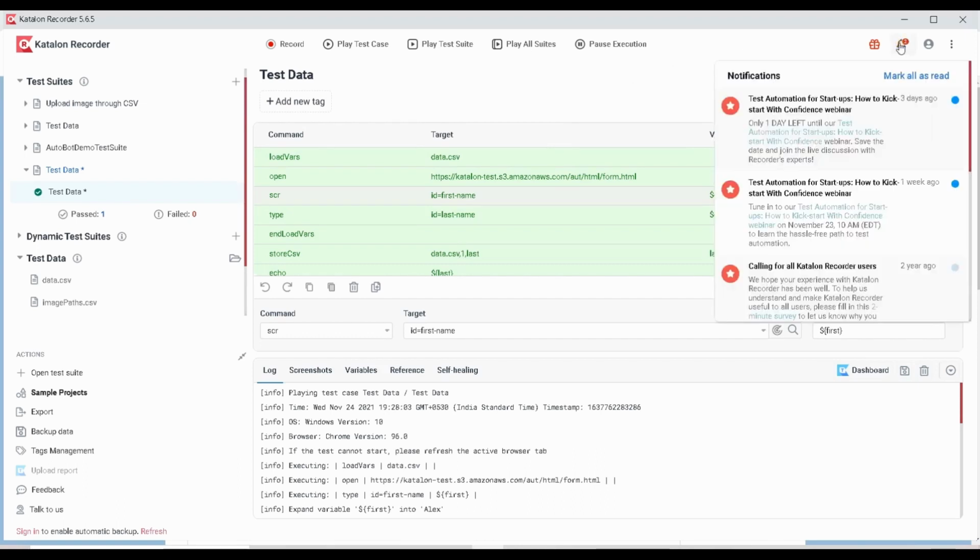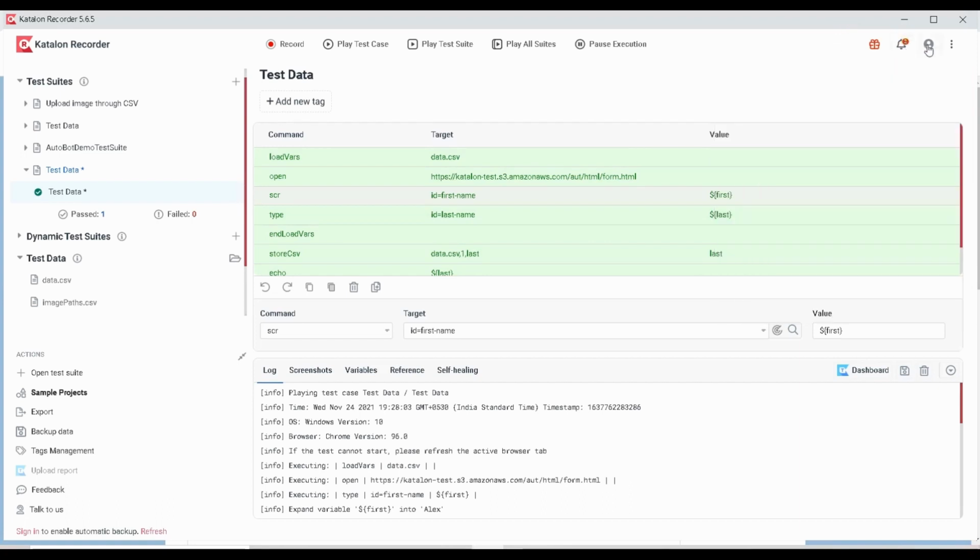This is for notifications, like if there is any notification regarding Katalon or any test execution, you can view all those things in the notification. This button will give you the profile details, like how you have logged in, what is the login ID and so on. And if you click on this, here you can see the speed. This is for managing the test execution speed. So suppose you put it on slow, it will take a lot of time for executing each line of code.